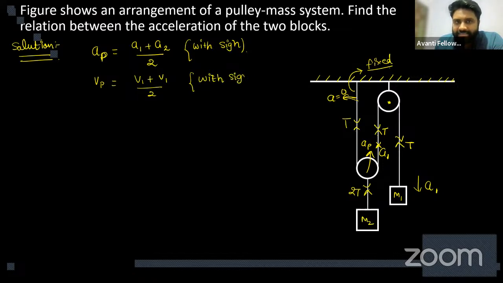For easiness, take the positive sign in the direction of the movement of the pulley. ठीक है? So whichever block moves in the direction of the pulley would be considered positive, and